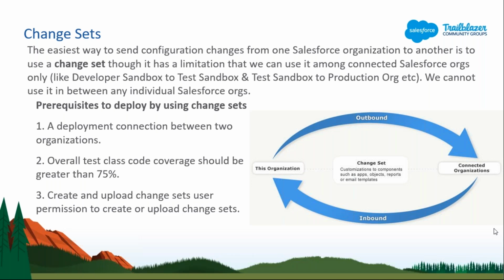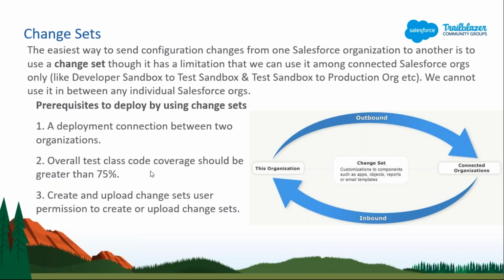But if your organizations are not connected, let's say one org is mine and I'm using it on my system, and another org is Madhu's org. If I want to deploy from my org to Madhu's org, which are totally different, then I can't go with change set. I have to use Ant Migration Tool, or else I have to use Eclipse or another thing. But if I'm having a sandbox of my production, then they both are connected to each other. So in that scenario, we can use change set.